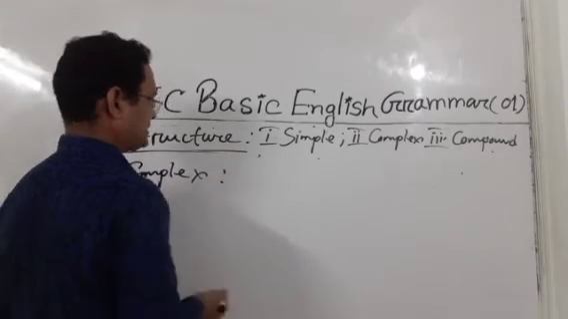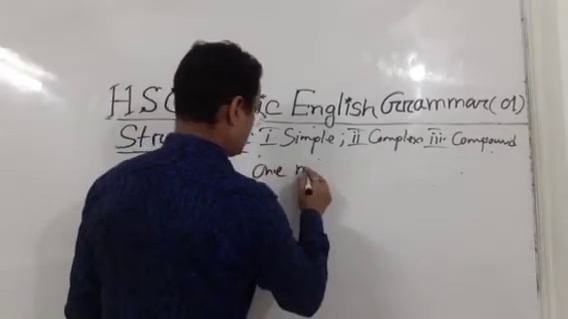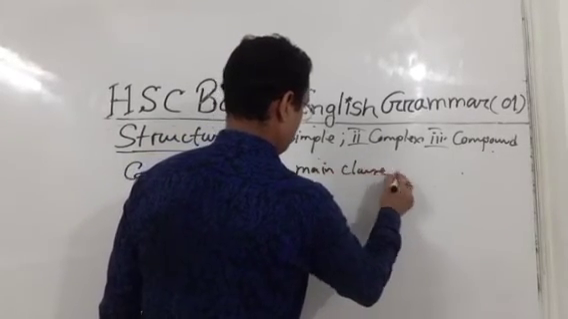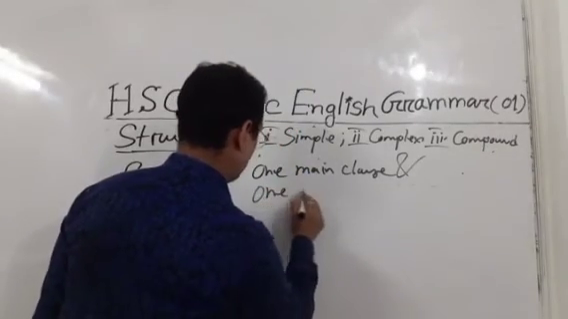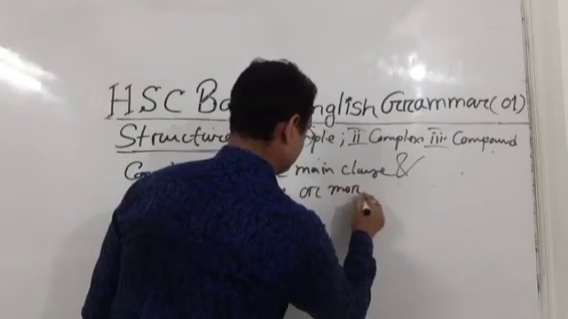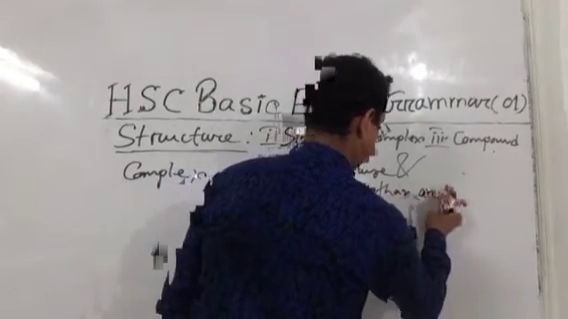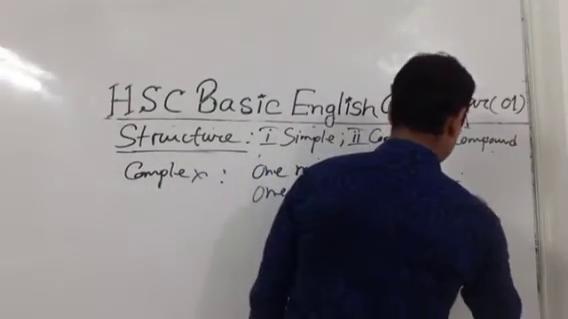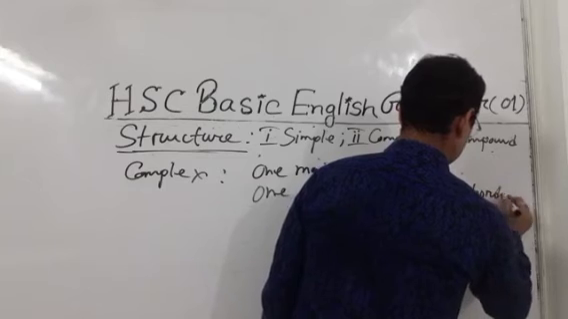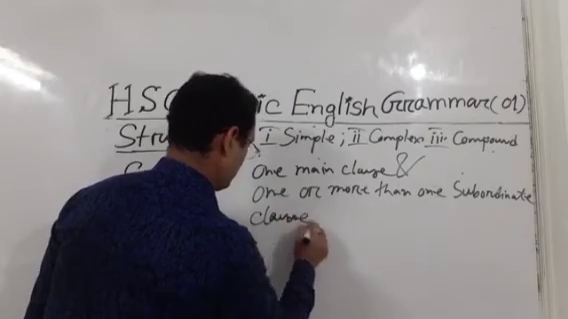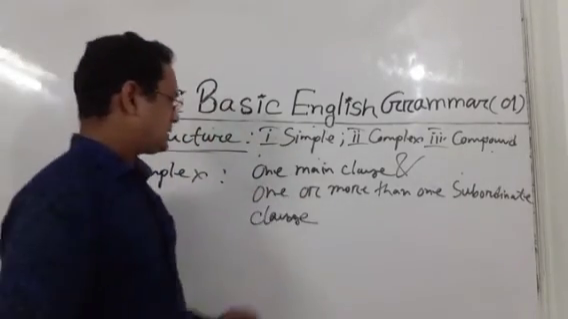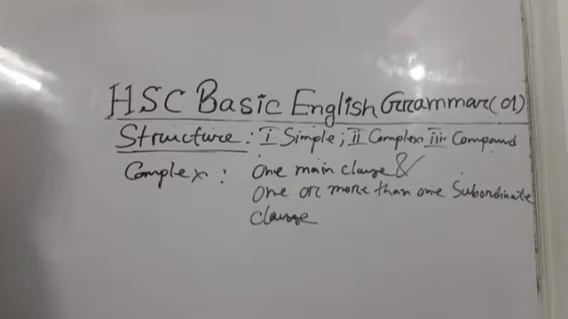Complex sentence structure is one main clause and one or more than one subordinate clause. What I am saying? One main clause and one or more, that means two or more than one subordinate clause. For example,